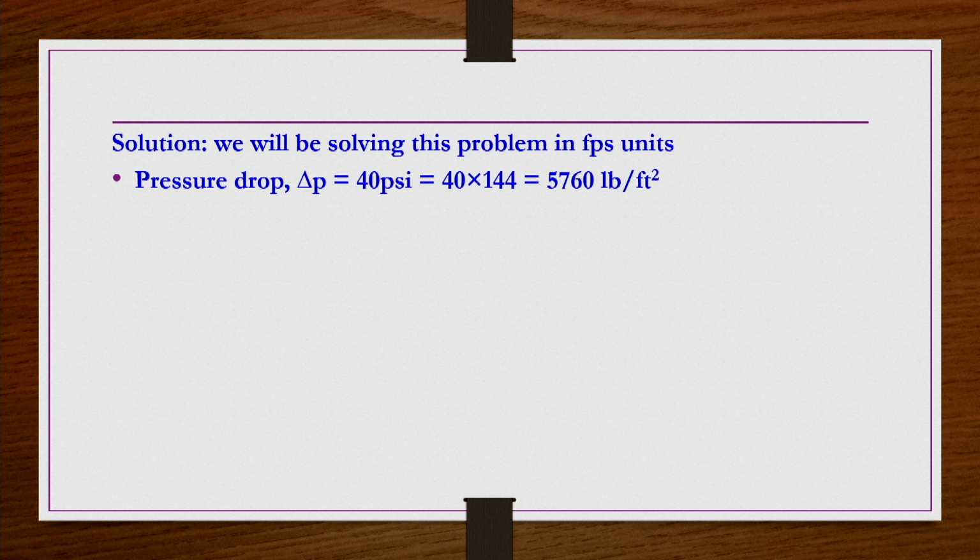So, delta P is 40 psi, that has to be in LB mass per feet square. Sorry, that has to be LB force per feet square. So, inches are there, 40 per square inch. 1 foot is nothing but 12 inches, so feet square should be 144. So, 40 has to be multiplied by 144. Then you will get delta P as 5760 LB per feet square. This is a simple conversion from psi to LB per feet square.